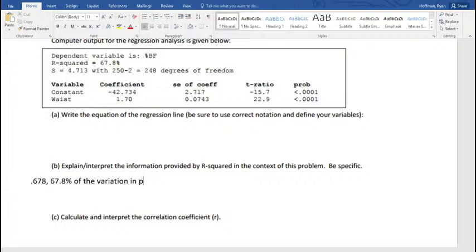Percent body fat, can be explained by the least squares regression line